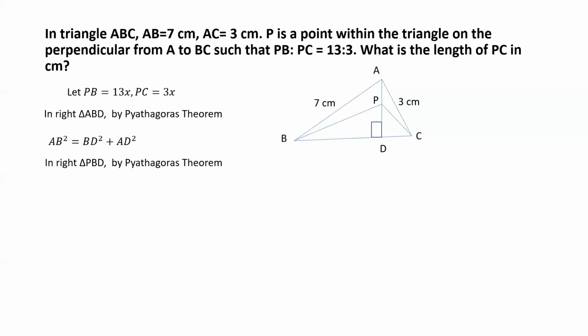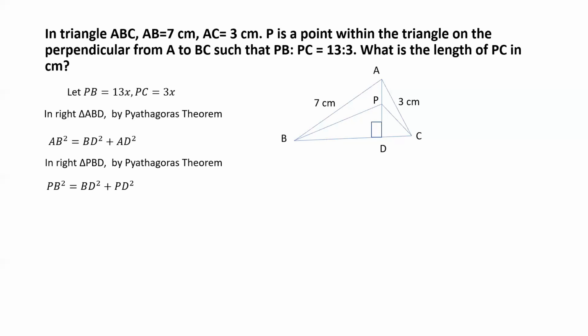So PD is a perpendicular on BC, and that makes angle PDB equal to 90 degrees. So the triangle PBD is a right angle triangle with PB as the hypotenuse. So we can again apply Pythagoras theorem and have this equation: PB square is equal to BD square plus PD